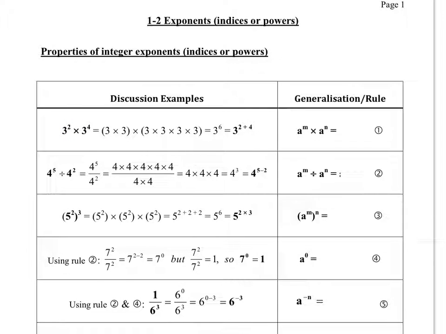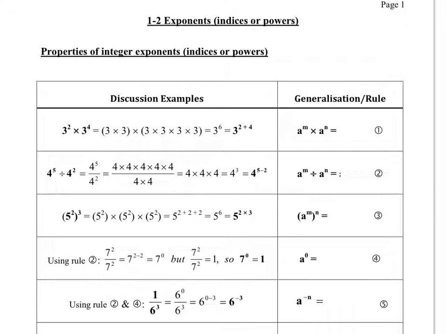that 3 to the power of 2 means that there are 2 3's multiplied together like this, and the 3 to the power of 4 means there are 4 3's multiplied together. So altogether that would be 6 3's multiplied together. So the rule is that you can just add the exponents, the 2 and the 4 together to give 6. If you write that down